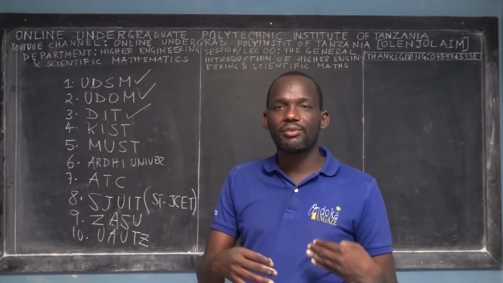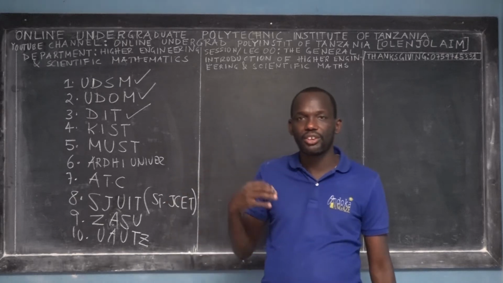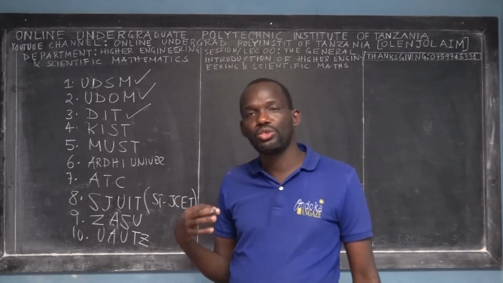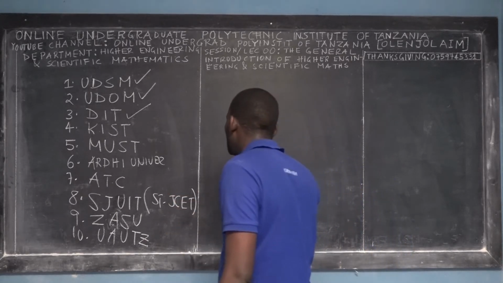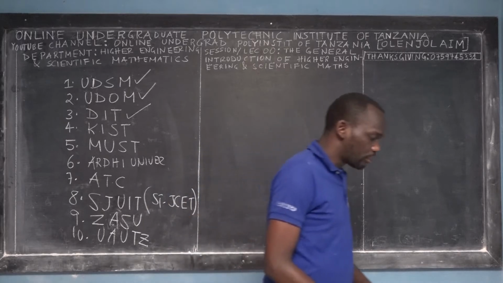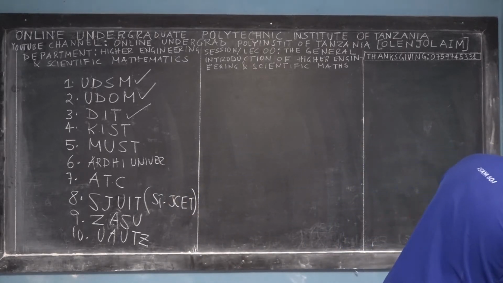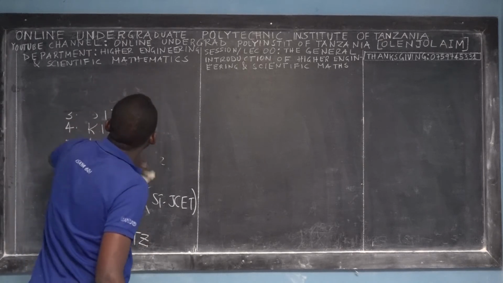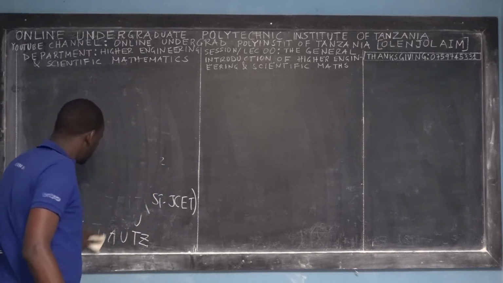So, students, because I will be giving you reference material that you need, you should make sure that you have the course outlines, which will give you the outlines of what you have to cover. Right now, I would like to present to you the modules or courses that I'm going to teach you in this online school. Very interesting for you.